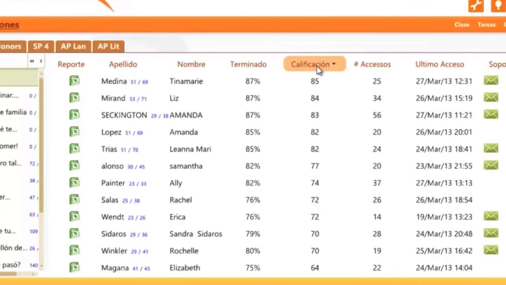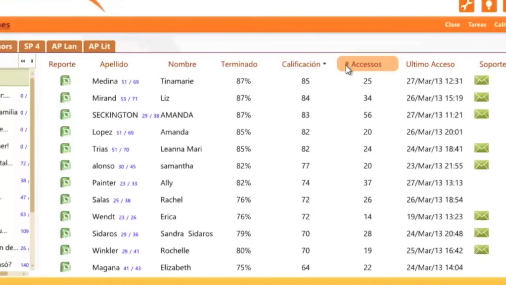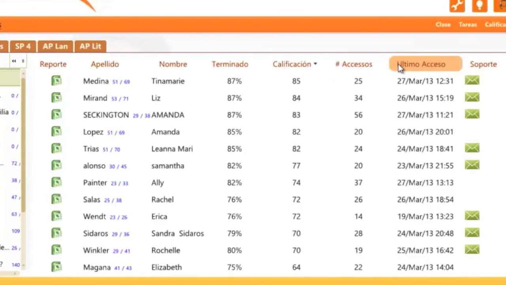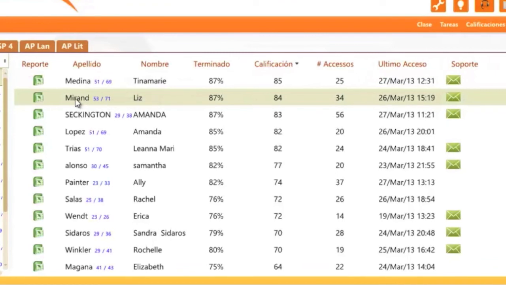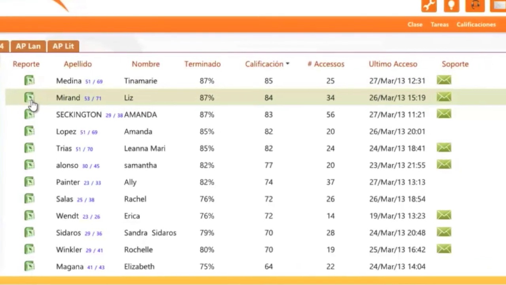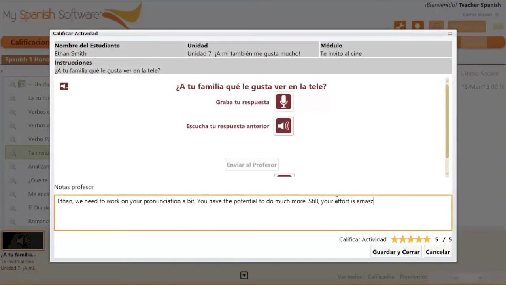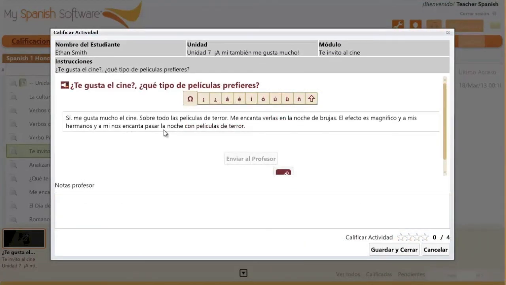The student's report will even tell you how many times the student logged in to do their homework, when was the last time they logged in, and if they have had any difficulty with the system. Just Talk for self-oral expression and Just Write for self-written expressions are two optional activities that are graded only by the teacher and demonstrate how well students know their stuff.